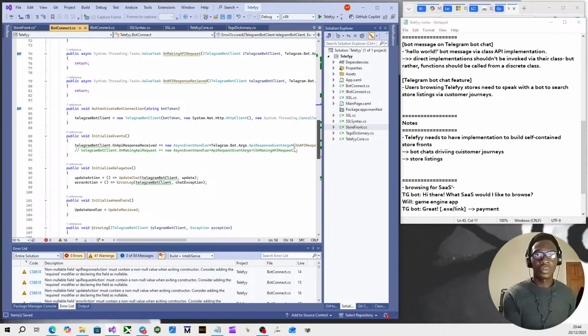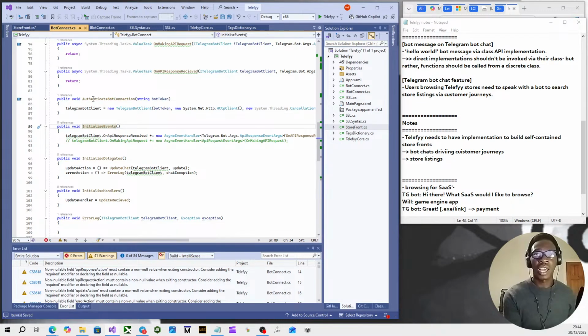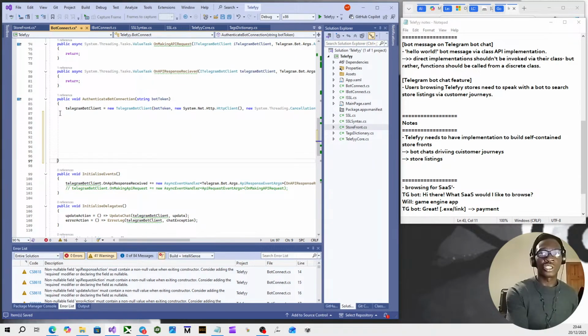So we can make a start on this. I have authenticate bot connection. So this is the implementation logic. And then the idea is that we're going to call this implementation logic from outside of the interface. And this is where the idea of using the API comes into play, because really as a developer, if I'm a developer using Telefyy,